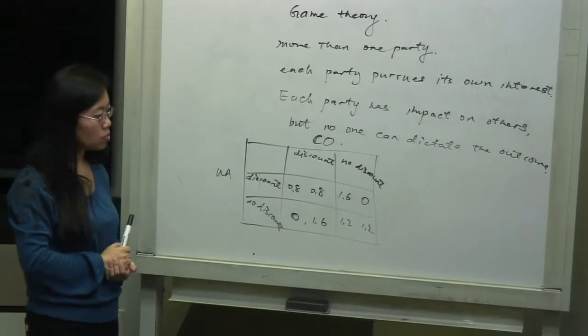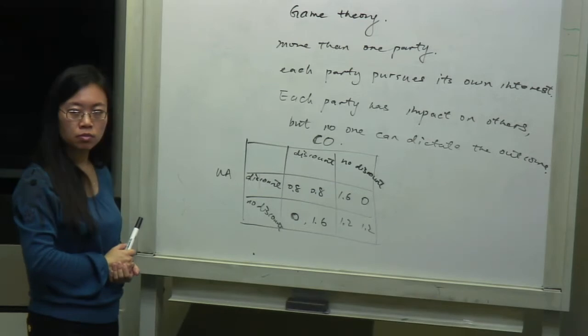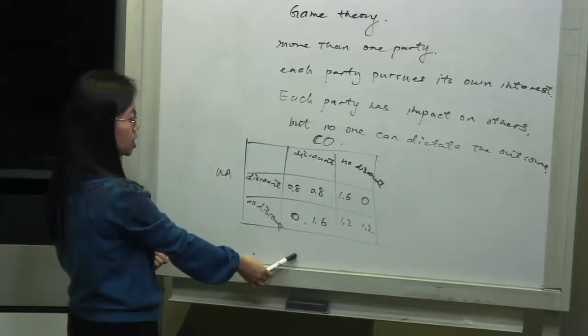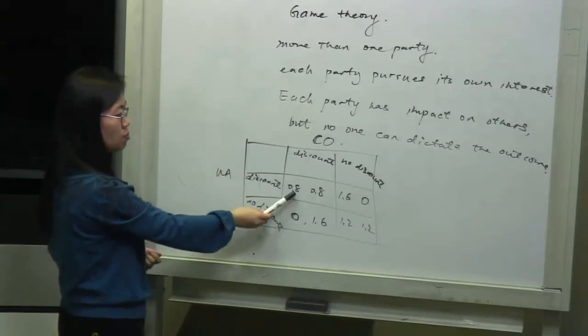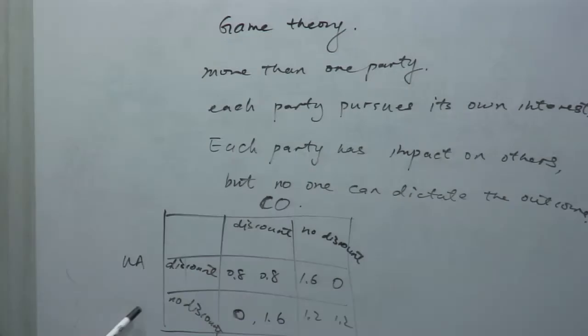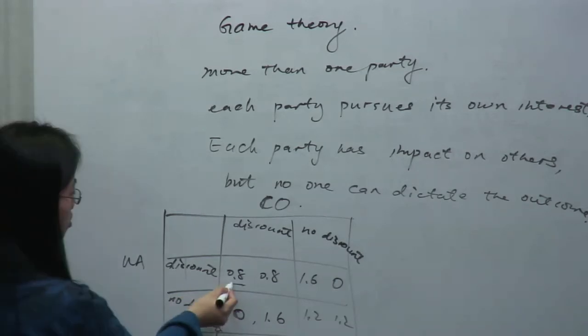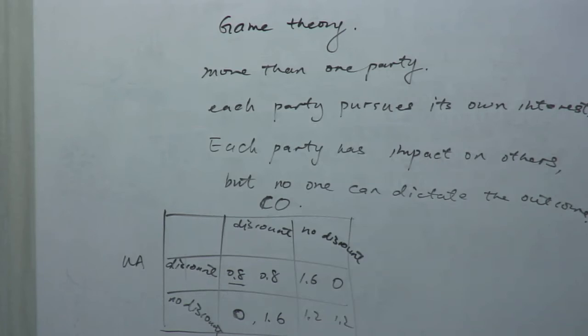Discount? Yeah. Why? Because otherwise it wouldn't make anything. Look at the numbers here. Use a number to speak. If we fix the Continental Airlines strategy like this, then UA by choosing discount can make 1.8, right? If they choose no discount, it will be 0, right? So this is better. Let's fix the Continental Airlines strategy again.